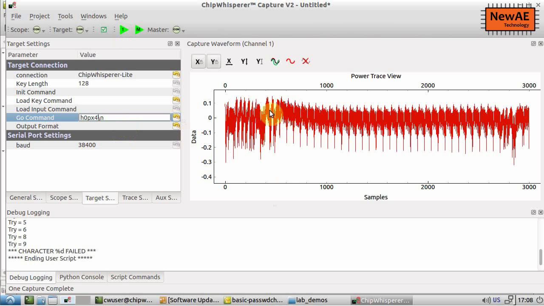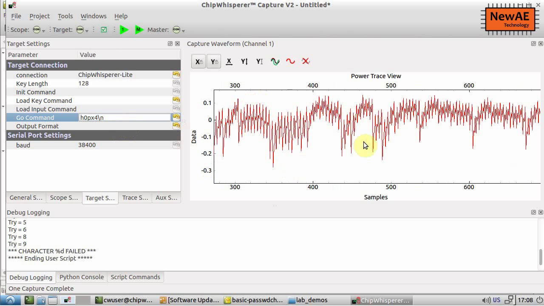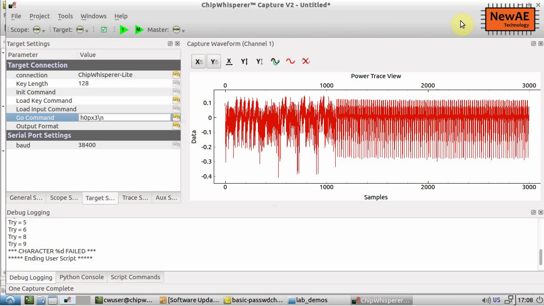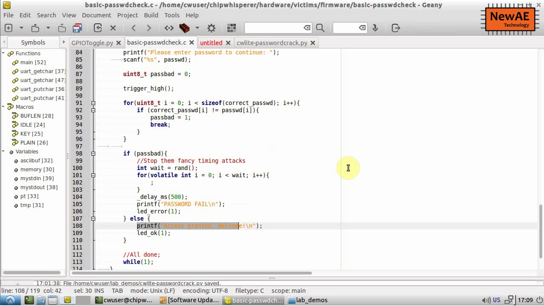So you can see here where we were attacking, changes. We were attacking around here, this point, and when it's right, it no longer shifts over. So you might need to select a different point as your reference or something like that. But that shows you how the timing attack using power analysis can be done with the ChipWhisperer and using the